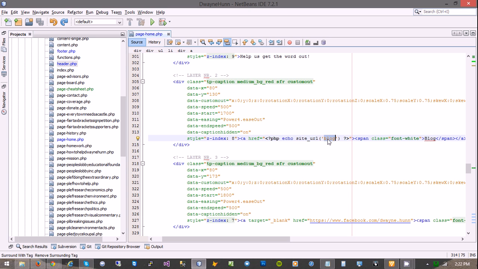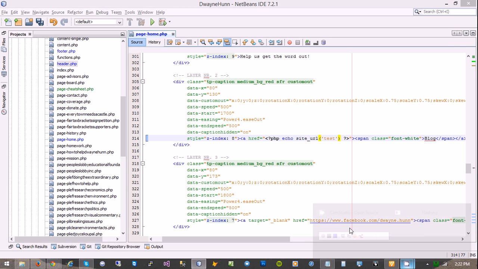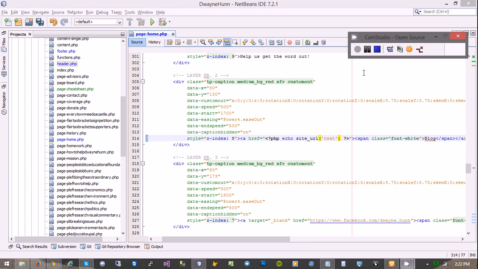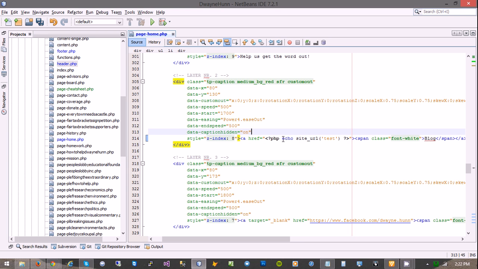The only difference is that instead of blog, you would do test. So when you do site URL test, the WordPress project will know exactly what to do, which is to look for the actual URL of the page test that you created on the WordPress project, right? So I'll switch this to blog. And so now, just for the fun of it,